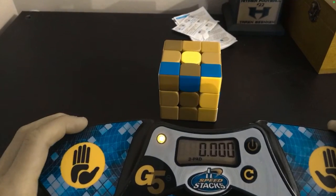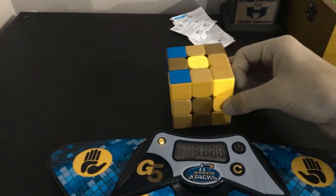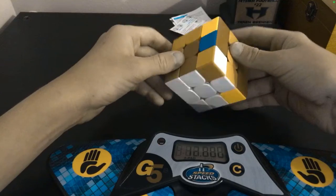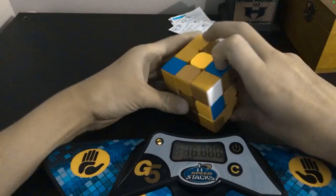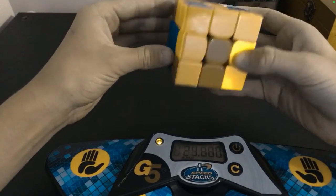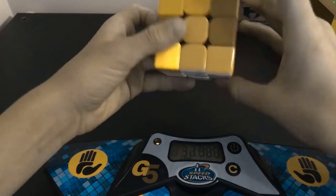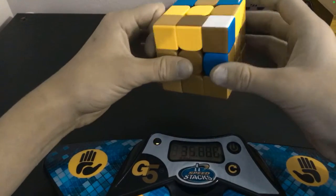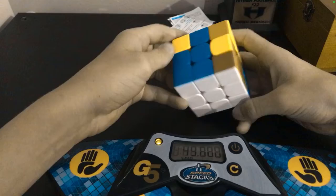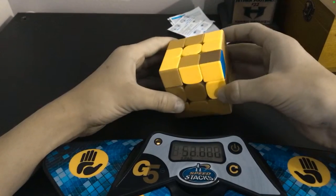I forgot to start the timer. So I'm just gonna start that now. And here we go. So let's see. Wait, no, that can't be anything because... So now look, now what we gotta do is... No... So we gotta think. For this, I just don't think I'm gonna use the F2L method. Oh, those are supposed to be swapped. So now we gotta get it to the point where it's like...